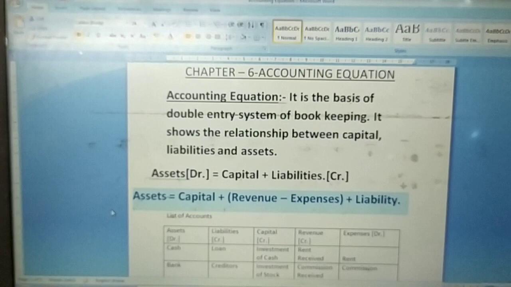Let's see more now the different types of assets and liabilities. The different types of assets and liabilities are